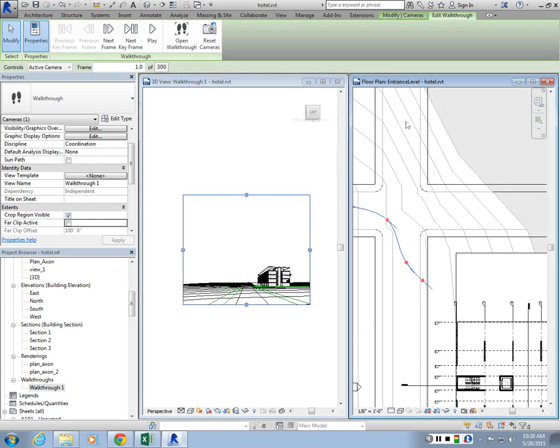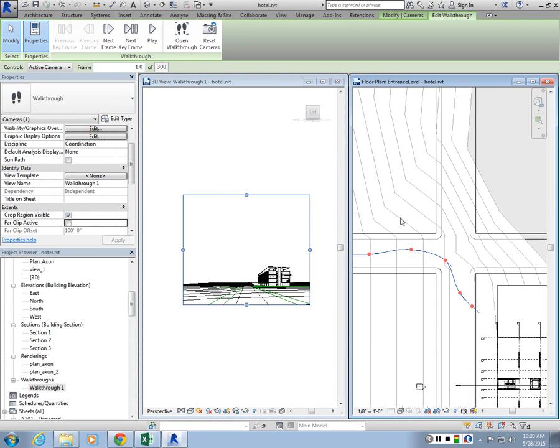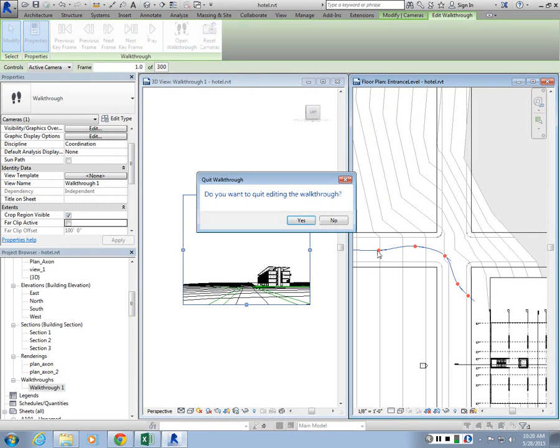Now, if you want to edit the walkthrough, when you're in the edit walkthrough option, you can basically select